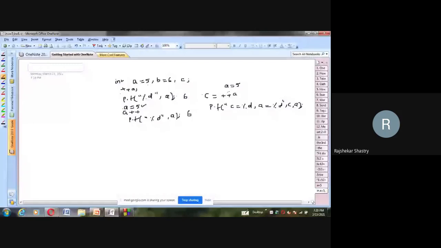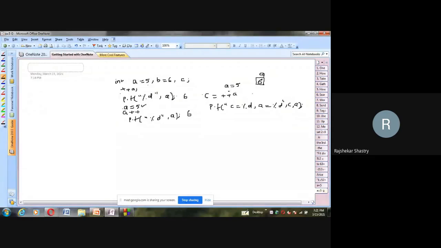Okay, so when using prefix form, first a gets incremented, because the increment operator increments by 1, whether it may be prefix or postfix. So now a is going to be incremented by 1. That is 6. All of you listen. When you are using the increment operator in a prefix form, first that a is going to be incremented. So a previously was 5, now it will become 6. After incrementing, the incremented value is going to be used in the expression.